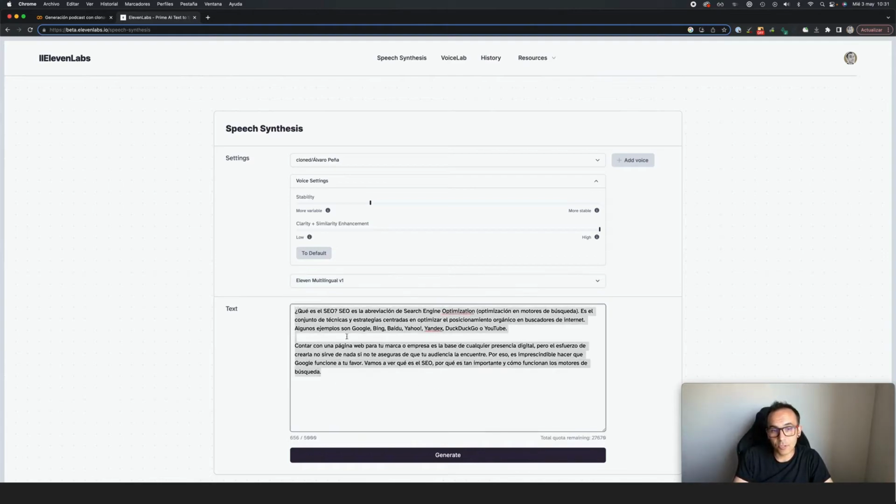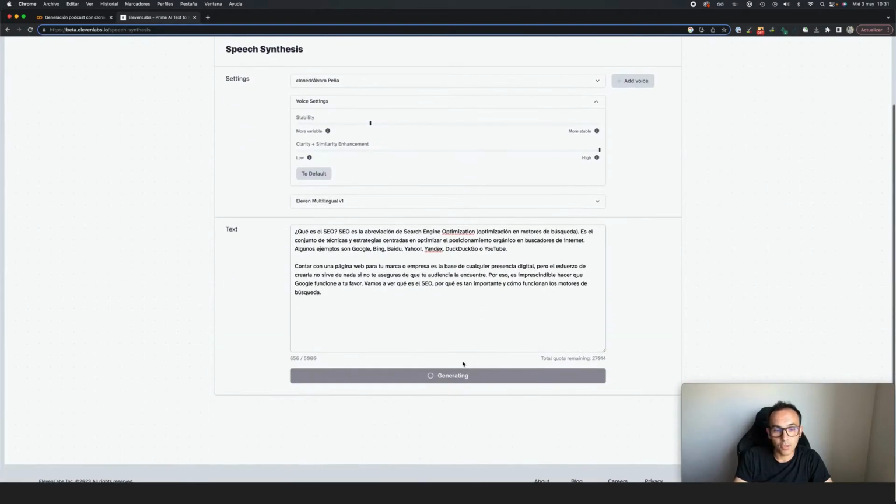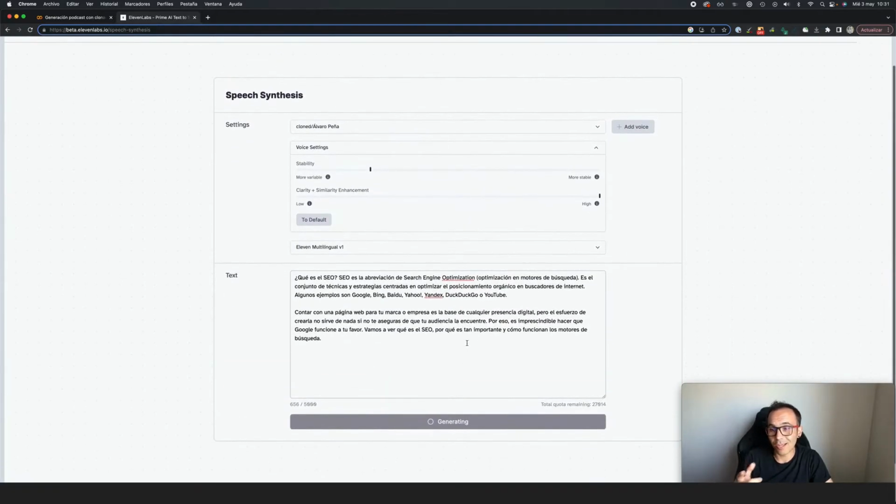Once you have that, you can put a text here and try to see how this voice sounds. I hit play so you can see a little bit of how it works. Basically what it's doing is generating the voice in base. If you notice, it is quite similar to my natural voice. Once we have that,